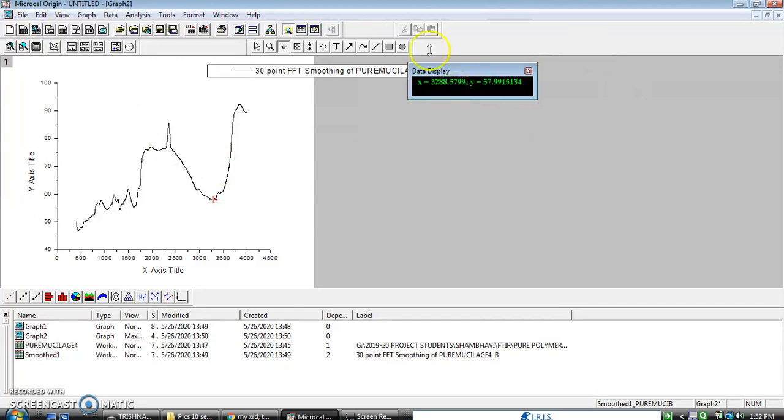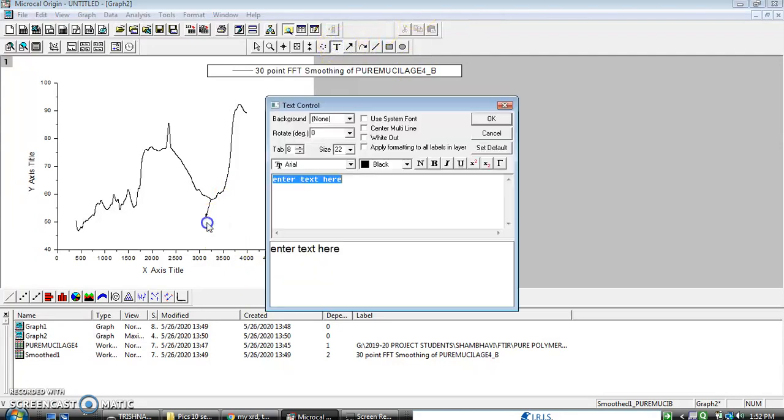3288.568 suppose. So you want to directly plot it, so you take this arrow tool. You can see just after this writing tool there is an arrow tool. You directly take this arrow tool and mark it here. Once you get this, then you come to write what this peak number exactly denotes, 3288.579. This was the reading.